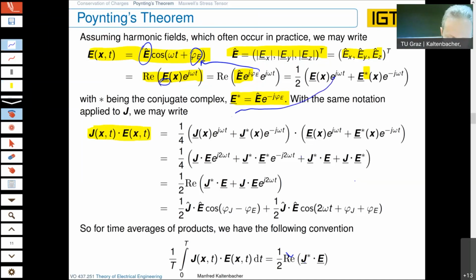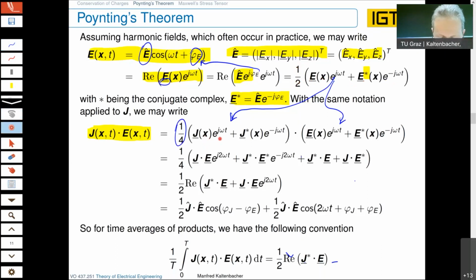Now we write it down according to the expression we have written here. So we use this expression, both for the current density and for the electric field. That is why we clearly also have 1/4 here, because we have this decomposition, and then we have to take 1/2 of the value plus the complex conjugate value. Now, if we do the multiplication and we look, we have terms where we have